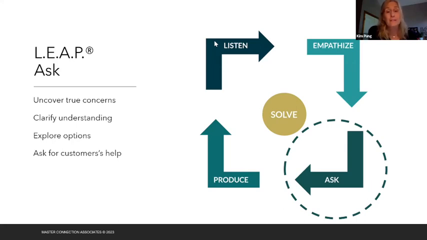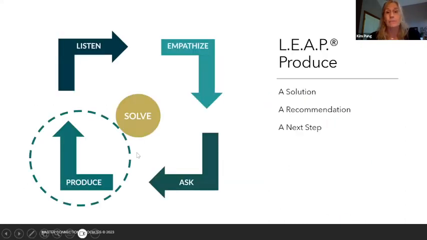And so that empathy that says, I understand that you are concerned about the venue being too small. Can you tell me a little bit again about what you are planning so we can look at what some possible options are going to be? And then we get some more input from them. And then hopefully we get a few more questions answered. And then we can move toward offering some alternatives or a different recommendation for them. So that's all going to lead us to the produce. It's all going to lead us to eventually offering some sort of solution for them, some recommendation, some next step, an alternative, whatever it is.